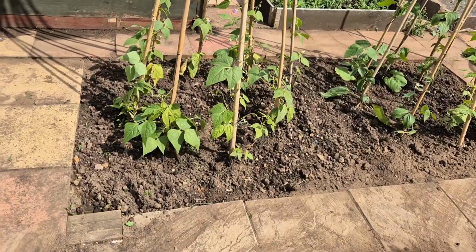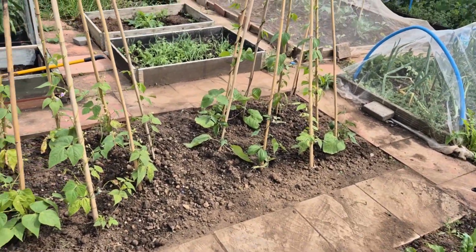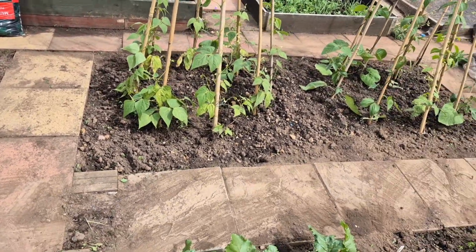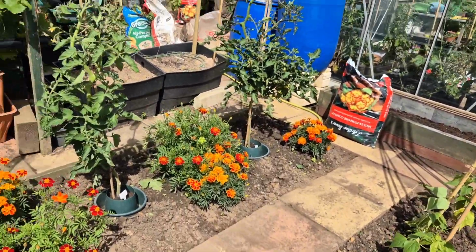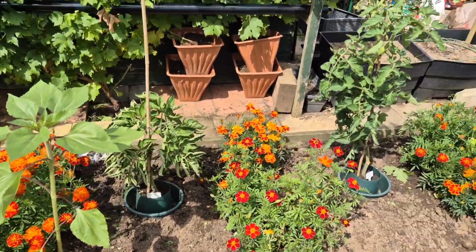We did that. Give it a good weed in around the paths and everything. The paths aren't perfect, it's an allotment, but I've actually picked the brush up and given it a bit of a sweep. Oh, one thing, just going back to the tomatoes, they're looking like they could do with some